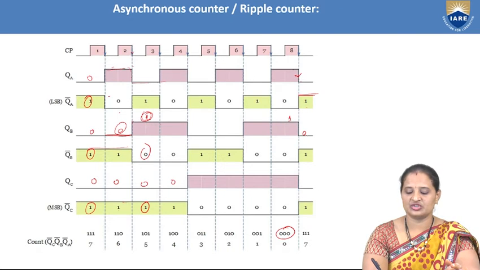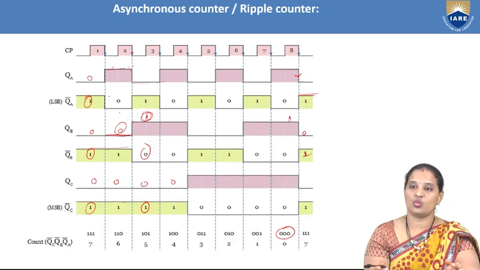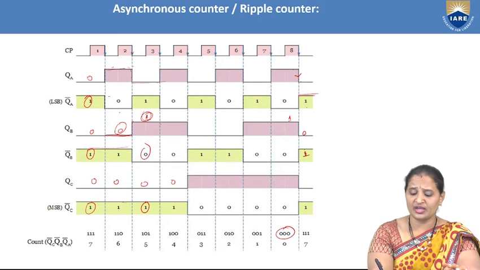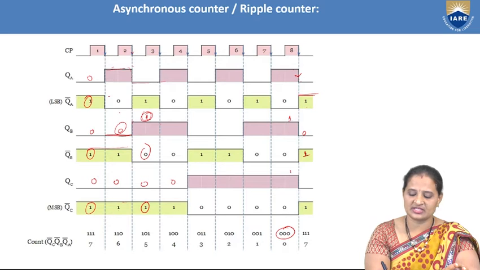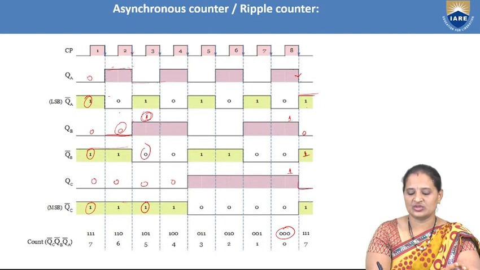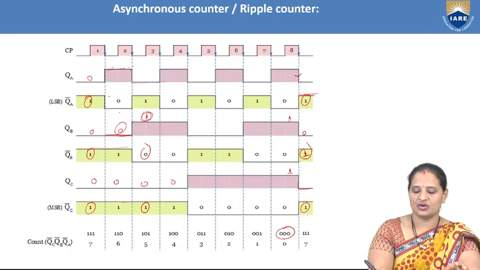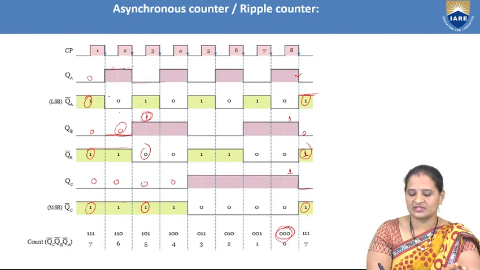So as it is changed to 0, what about the complemented output? It becomes 1. Now as we have a transition here, again 1 to 0 in the second flip flop, the third flip flop also changes its state. What is the present state here? 1. So again it will change to 0. As it is 0, now the QC complement will become 1. So now what is the present state here? That is 1, 1, 1. So that means after 0, 0, 0, again it will go back to 1, 1, 1.